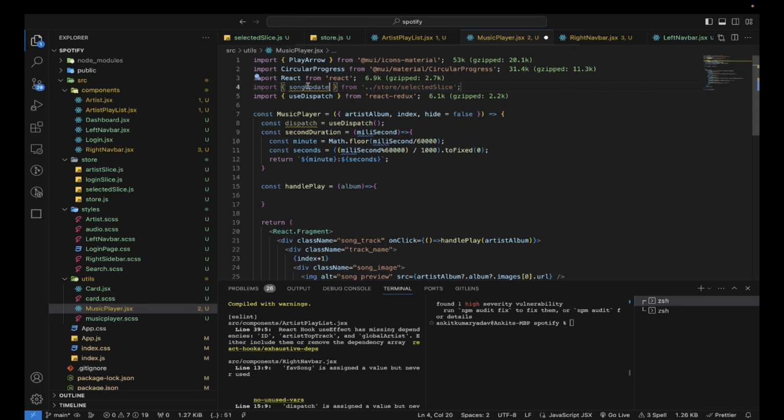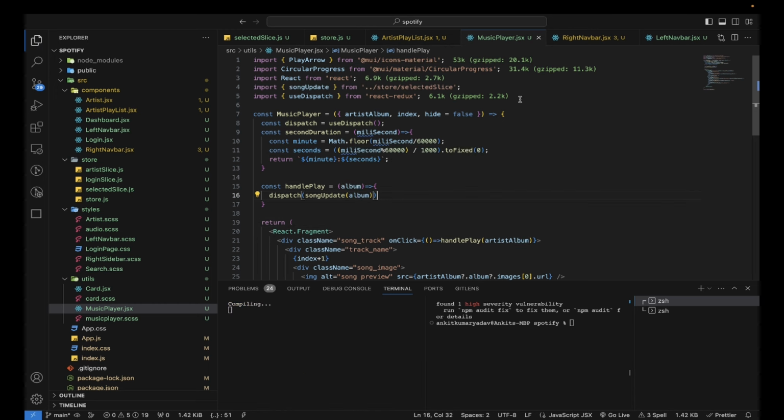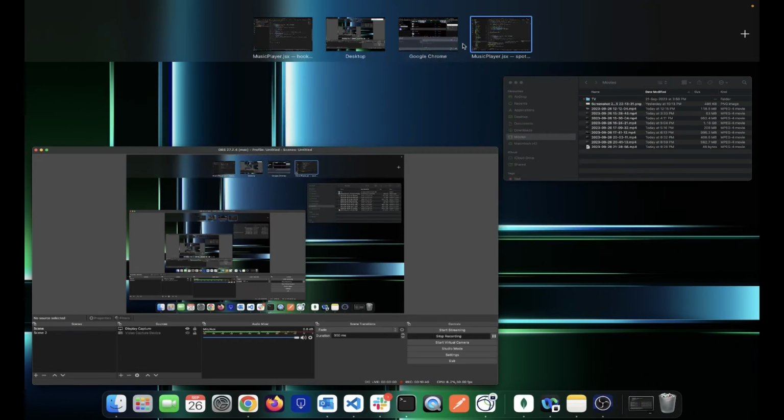Import song update. Okay, so this song update we have imported. Now let us call dispatch song update. Inside this song update, we just need to pass this album. Okay, so now if you click on any of these tracks, okay,